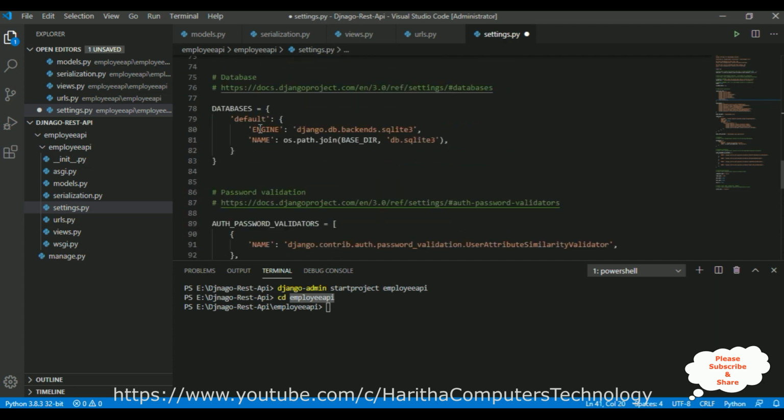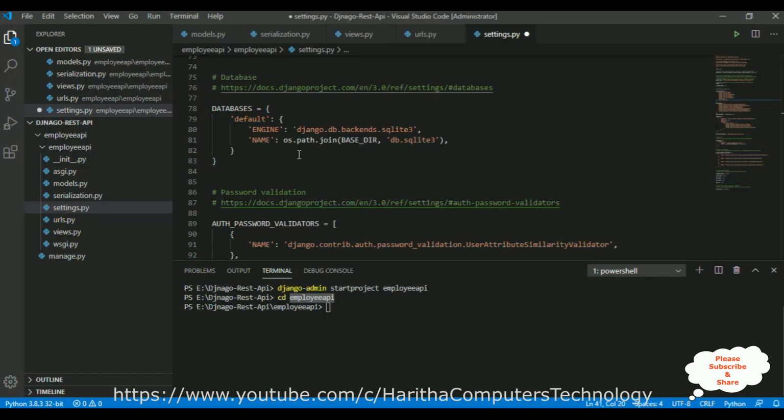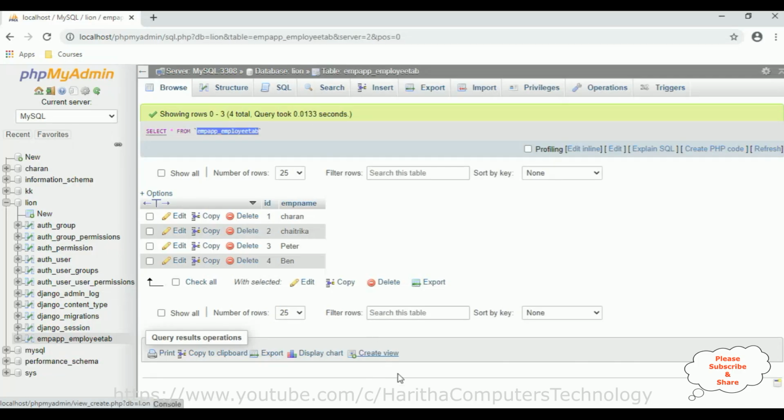Notice in this database section, the default database is SQLite 3, but we are using MySQL. So instead of SQLite 3, I am adding MySQL. Let's delete this default line, default name between single quotes. Here the name is our database name. Our database name is Lion.